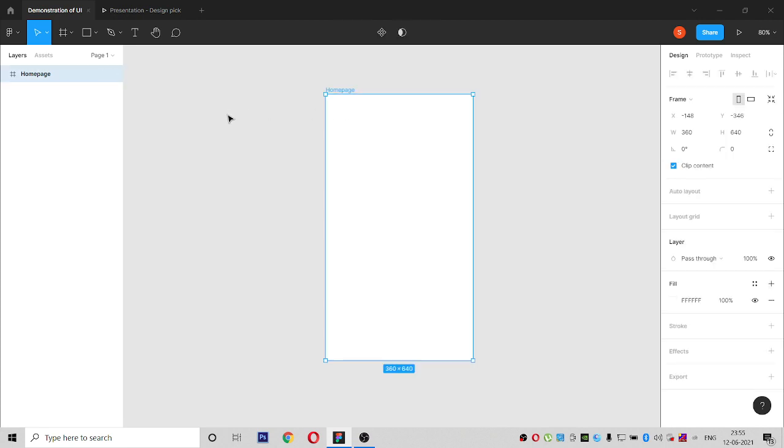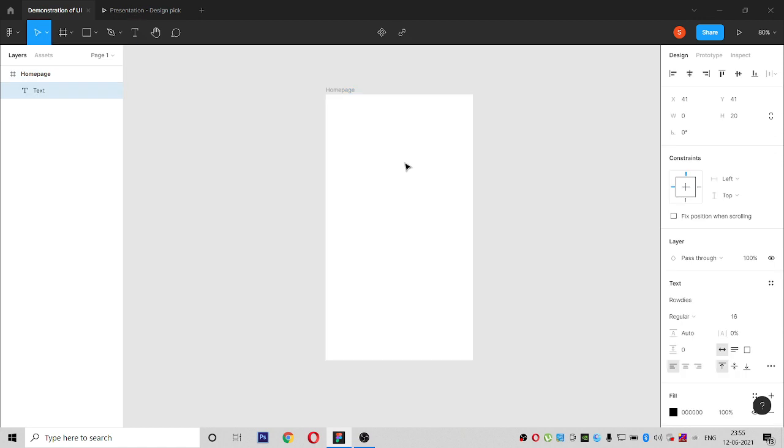As a user and as a designer, we should think from the user's perspective about how the design will look in the future and how we are going to design it. I have already followed some instructions about what all we are going to show in the app.